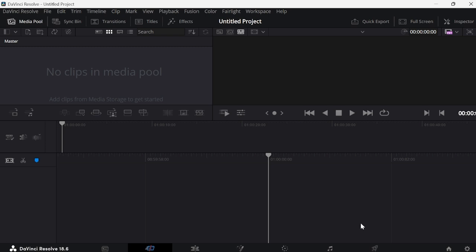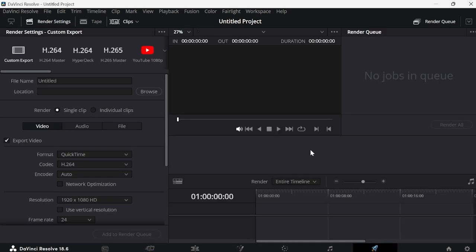Now what we're going to do is come down to this Deliver tab at the bottom here, and this will bring up the rendering settings window. We need to select these three little dots up here and come into Updates during renders and make sure this is turned off. And then the last thing you can do if that's still not fixed the issue is